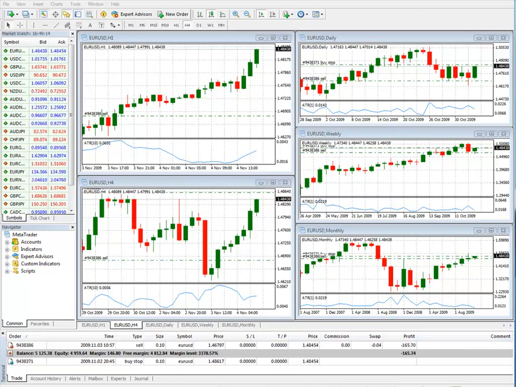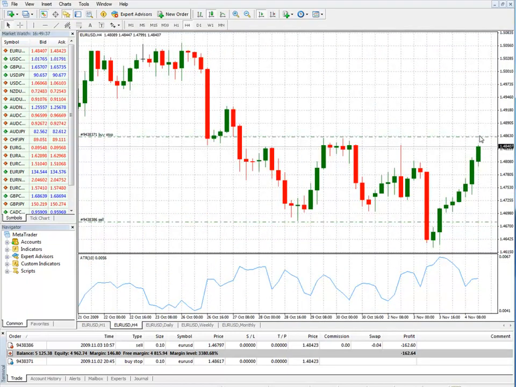Hello and welcome back. We are still short the euro dollar US dollar, and as you can see here, the market has moved against us, and we are down 164 pips currently, and we're watching the market move up towards right here towards our stop. Now, what most likely will happen in this case is that we'll see some continued activity to the upside, and